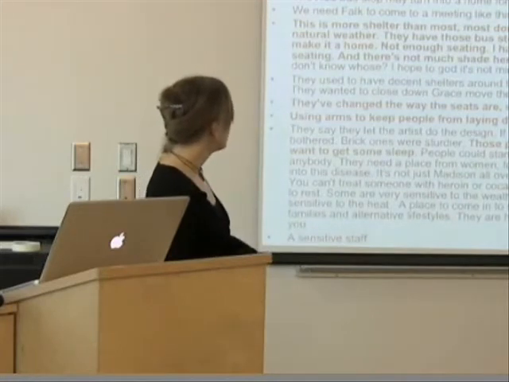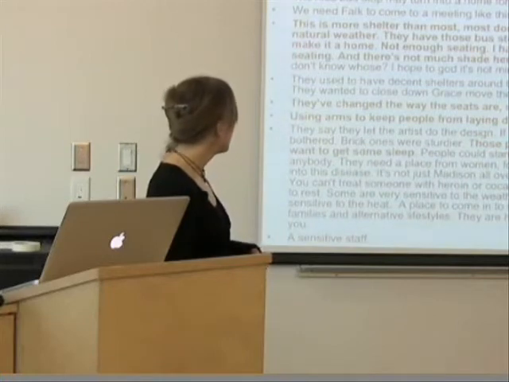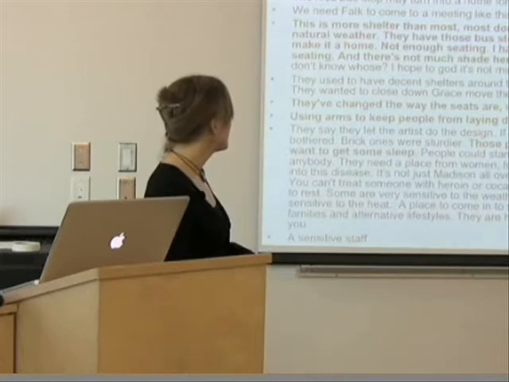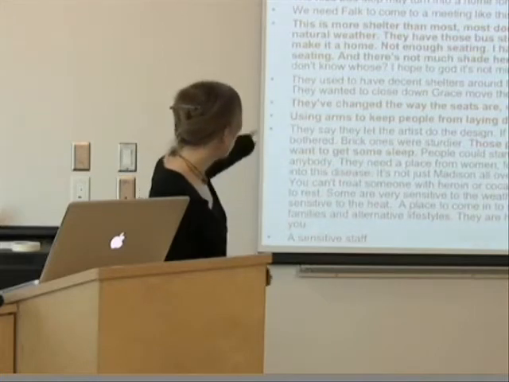This is more shelter than most. Most don't protect you from the wind, from the ice, from natural weather. They have those bus stops to keep homeless out of it. I'd get something and make it a home. Not enough seating. I have an electric wheelchair, but there's not much seating and there's not much shade. And then down here they say,